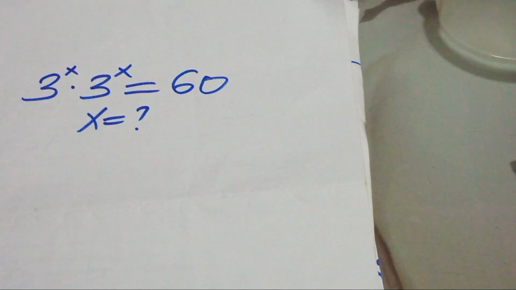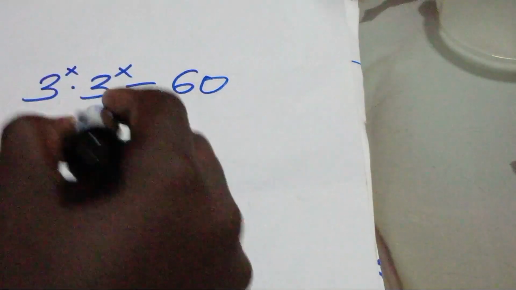Hello everyone, welcome to solve this nice exponential equation, which is 3 to power x multiplying by 3 to power x. This is equal to 60. So what is the value of x? Now solution,